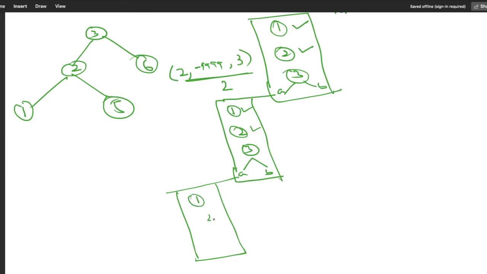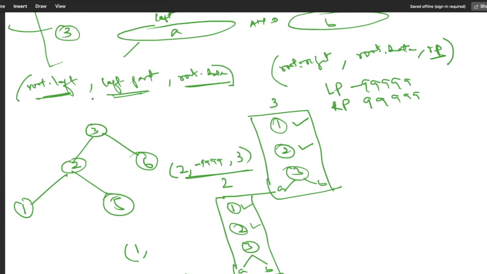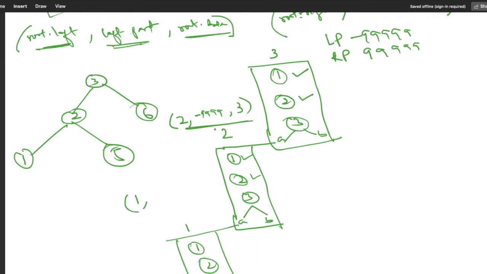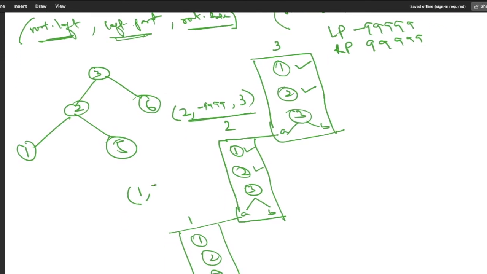Line number 1, 2, 3, and here we have two parts, A and B, correct? And here we are passing the left child, which is 1. For this node 2, the left child is 1, and we pass root dot left, the left part, which is minus 999 suppose, and root dot data.